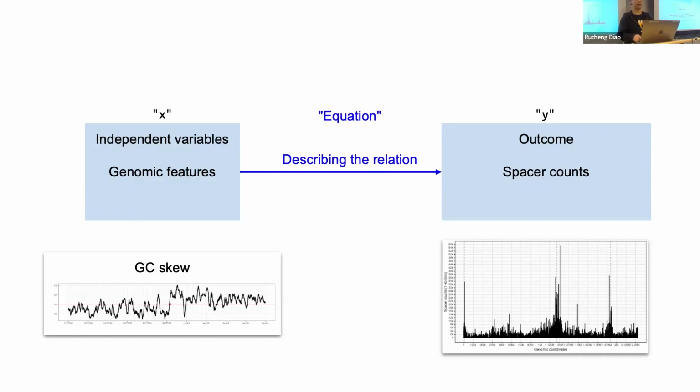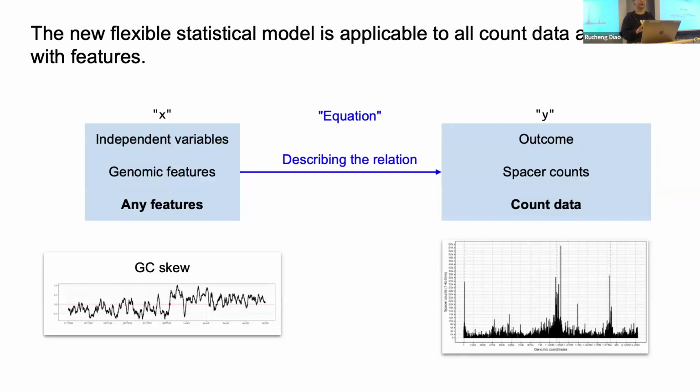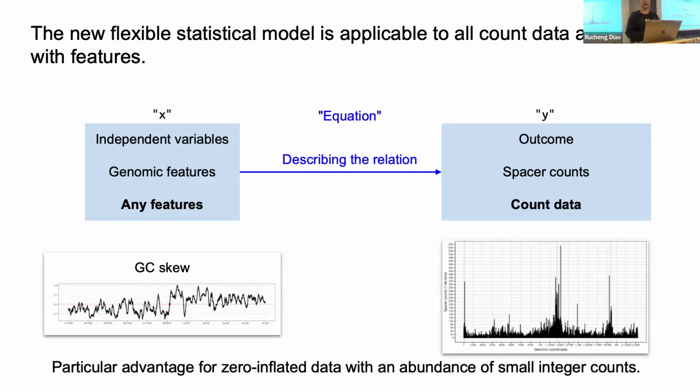One thing we are really glad that this statistical model is able to do is that it's a flexible model. So you can connect any features to count-based data. And it has particular advantages for zero-inflated data and also integer count data that end up with a lot of small integer counts that don't seem to fit into a classic